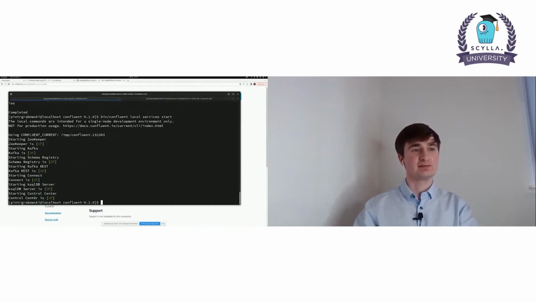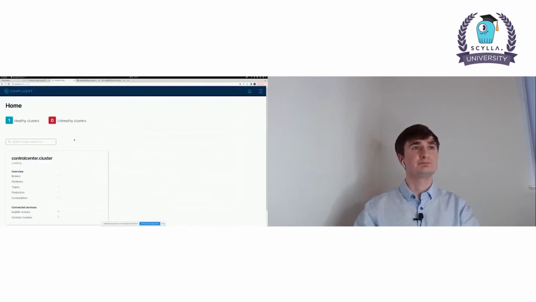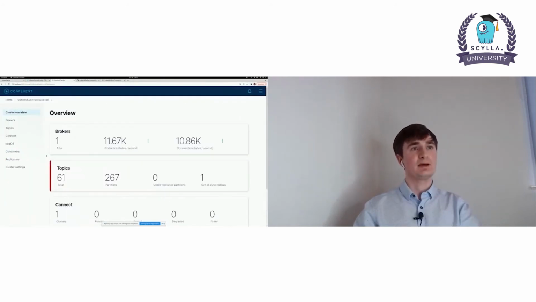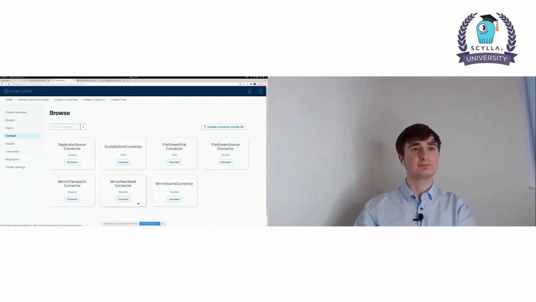As you can see, the Confluent platform has started. So if we go back to the Control Center and tap Connect, it's the Confluent Kafka Connect deployment. Now the ScyllaDB sync connector is visible, and you can use it.